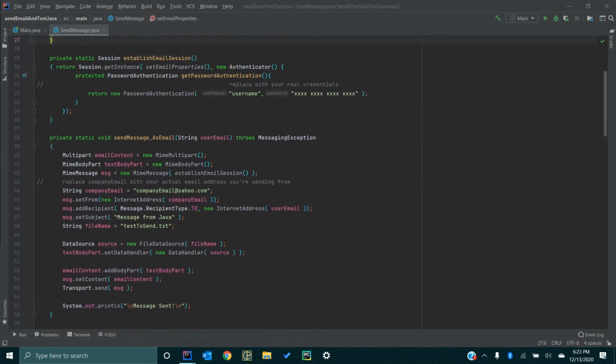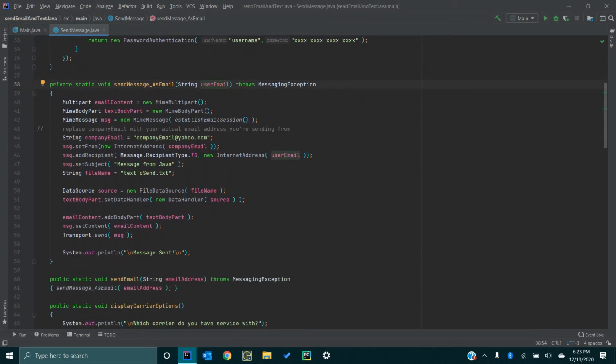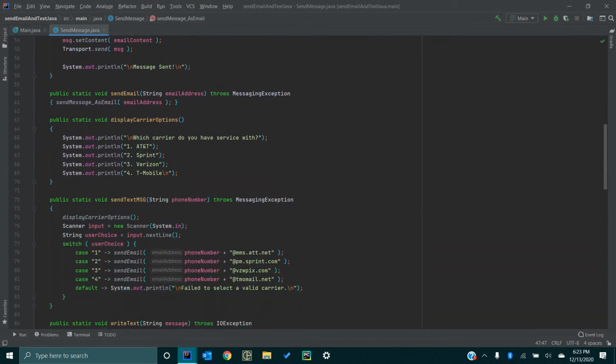So this is where we ended off last time. We ended on creating the send message as email method. Just for a refresher, it takes a user's email, does what all this does right here, and then sends the email to the email address specified right here, right? But yeah, okay, so the next